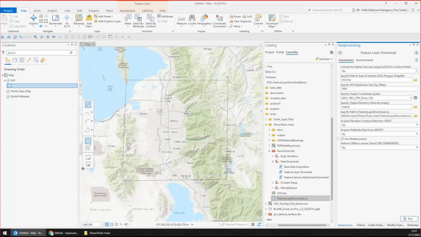All right, so regarding the way that this tool actually uses the multiprocessor, if users have it enabled, the tool will actually go through multiple rounds of multiprocessor use, depending on what the user has requested in terms of did they ask for elevation contour data or wetlands data, so that'll change the number of rounds it needs. But for each of these rounds, several command prompt windows will appear on your screen, and just leave them be as they are your logical processors at work.